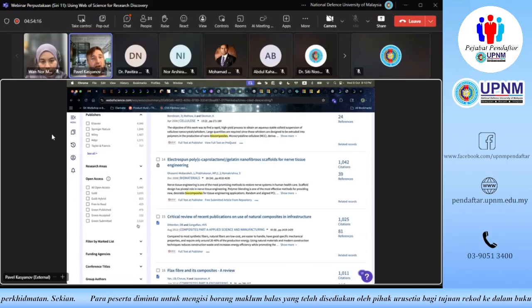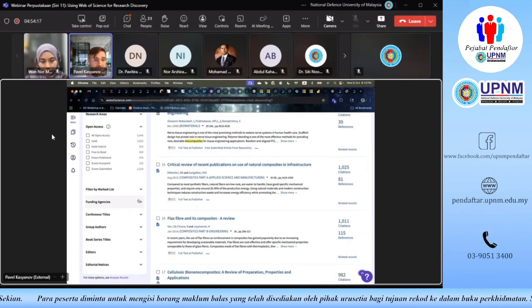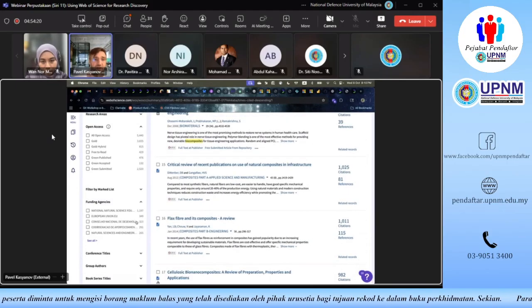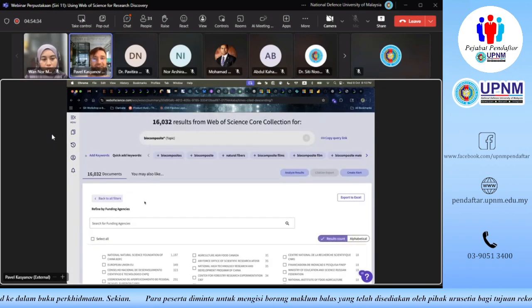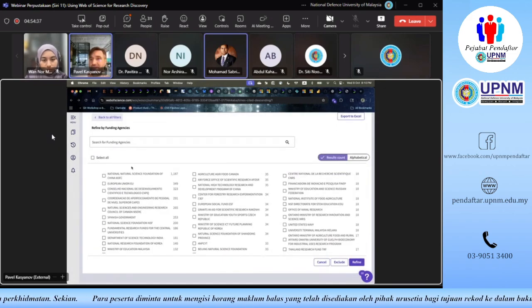And the last thing that I wanted to show you is the funding agencies. So this is the list, at least the top 5 funding agencies that were funding the research in biocomposites recently, actually in all of the history that we're monitoring. We can also click this see all, and in case the top 5 is not enough for us, that way we're going to see the top 100 of this.